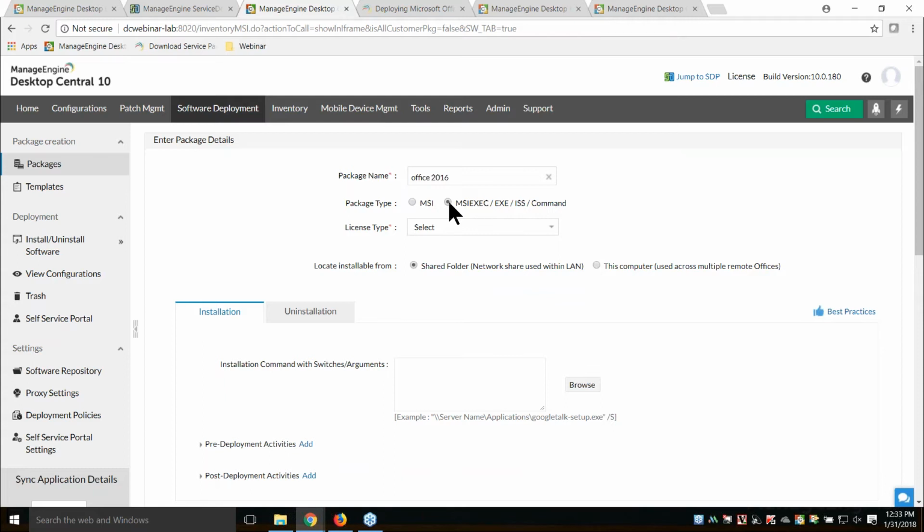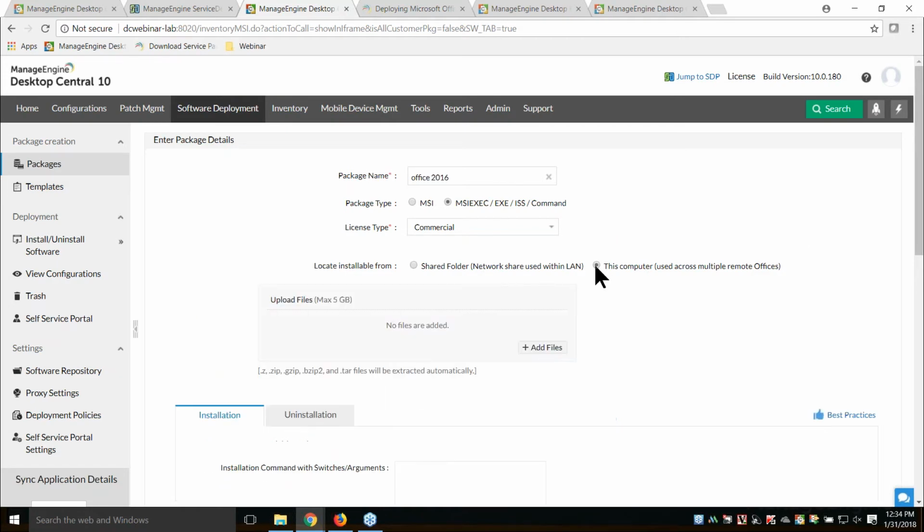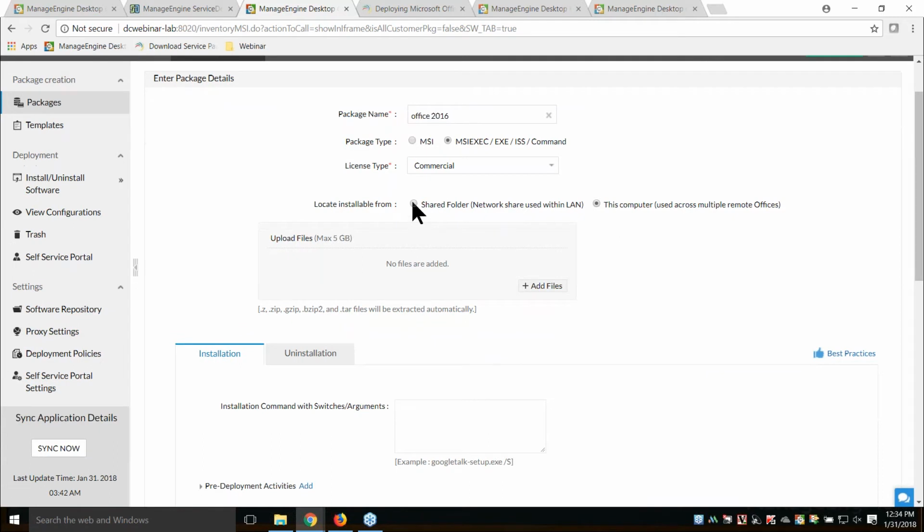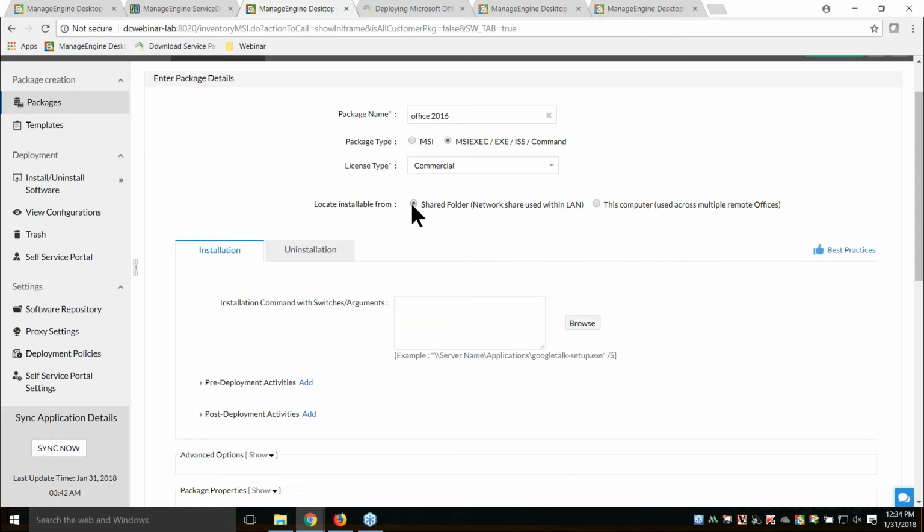In our case, since this is an exe, I select the second option, and I can choose the license type, whether it's a commercial application or a non-commercial application. In our case, it's a commercial application. Now you have two options here. One is a share folder. The other one is this computer. This is where you select if you are going to use a network share or an HTTP type of repository. Now you can use both methods for the deployment. In case you are using a share folder, since I have pasted the application binaries on my